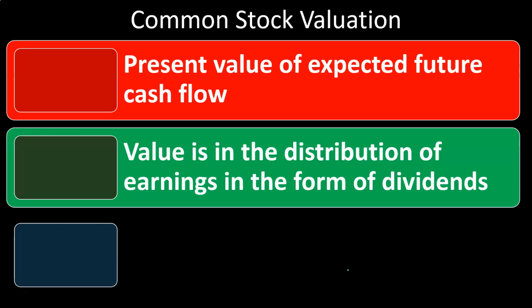So with the common stock, we're thinking about those future value distributions to the owners of the company, the common stockholders, which will be in the form of dividends. The problem, however, is that the dividends could change over time, unlike the preferred stock, where we can basically assume the dividends will be somewhat the same, due to the preferred stock having dividends generally paid before the common stockholders and the amount of the dividend more set in stone. Whereas the common stock could depend on what the management and the board of directors want in terms of the distributions of the dividends.